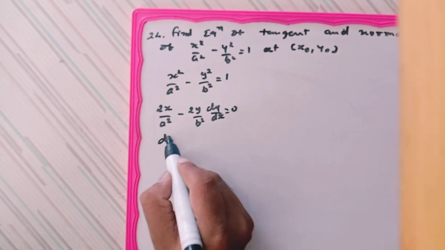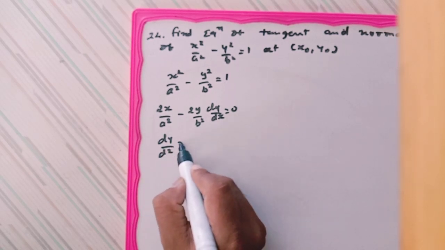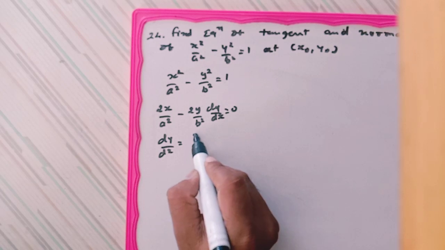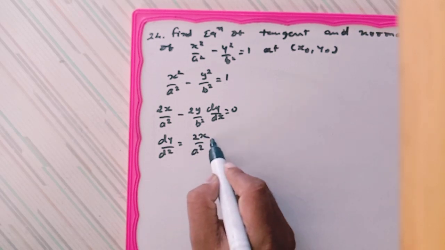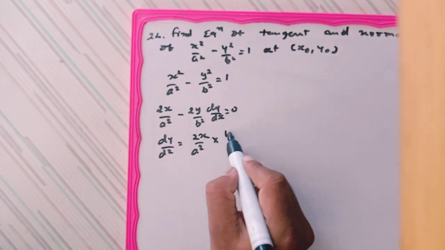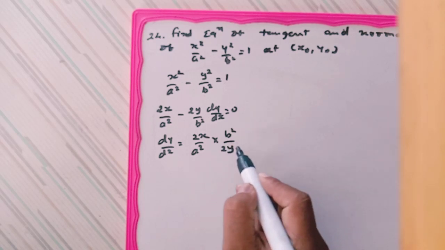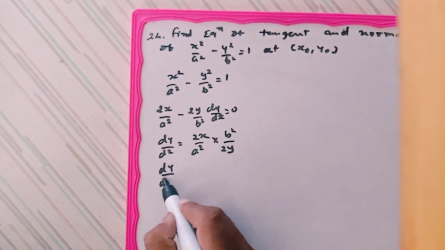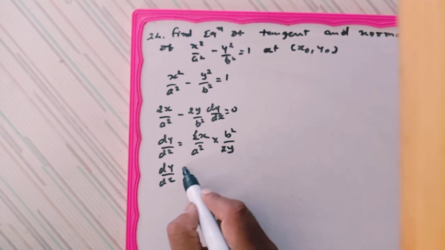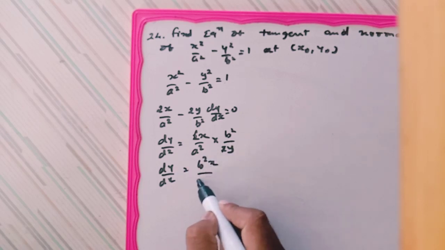And so we have dy/dx = (2x/a^2) multiplied by (b^2/2y), and so dy/dx, we cancel, b^2 x upon a^2 y,